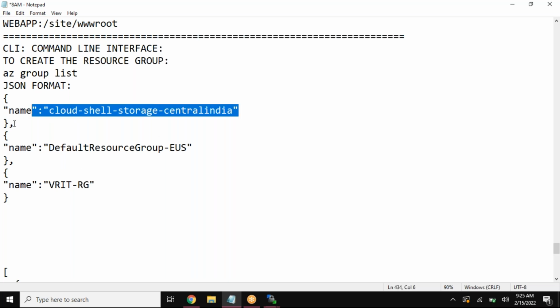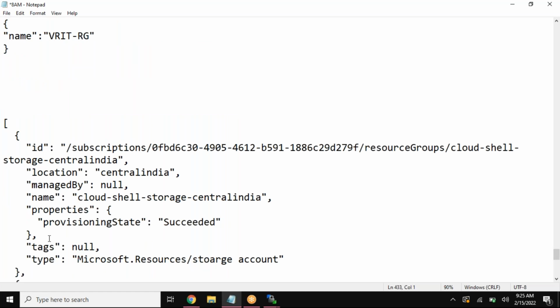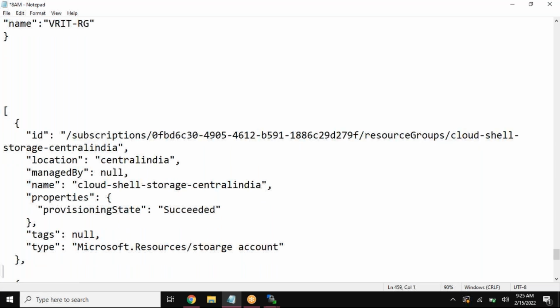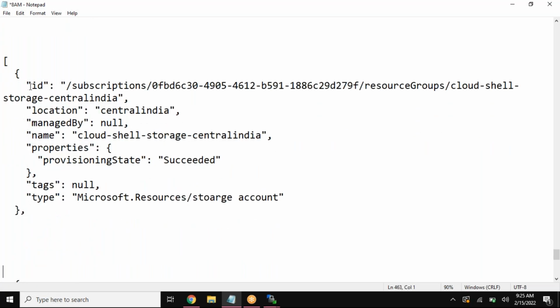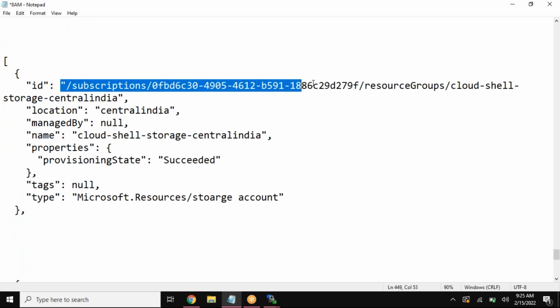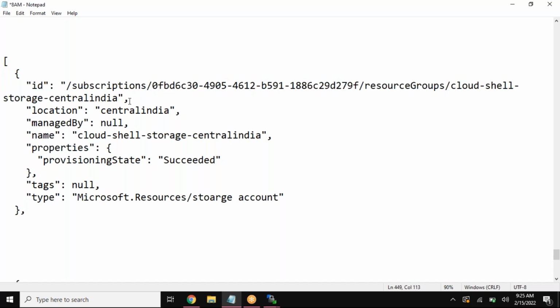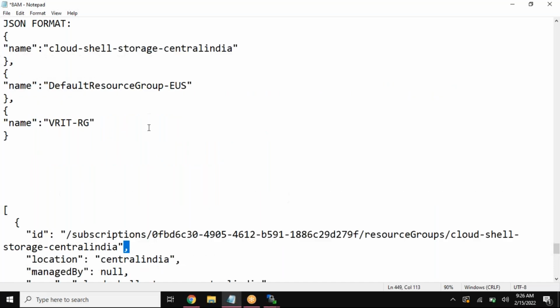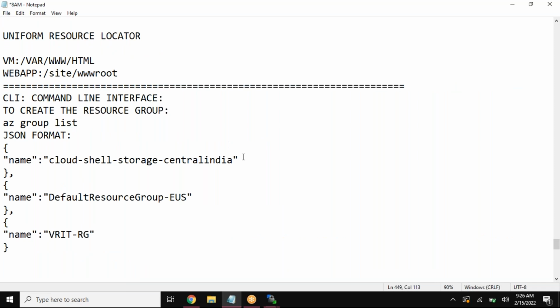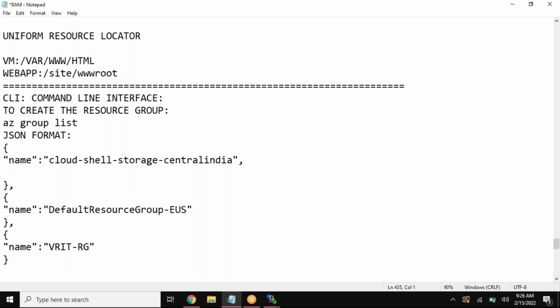The similar kind of format you can find, for example, with respect to this one. Take the first one, ID. This is my subscription ID you have in here. Within the same thing, I'm trying to have multiple other sections. You're saying that name equals so and so. What's the location? Comma, colon, location,